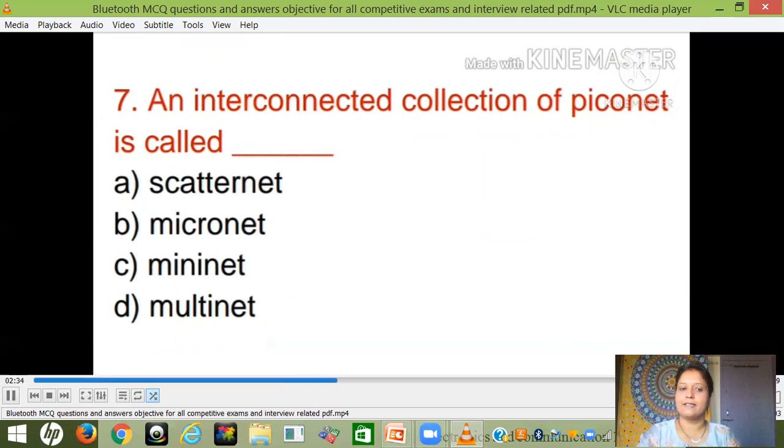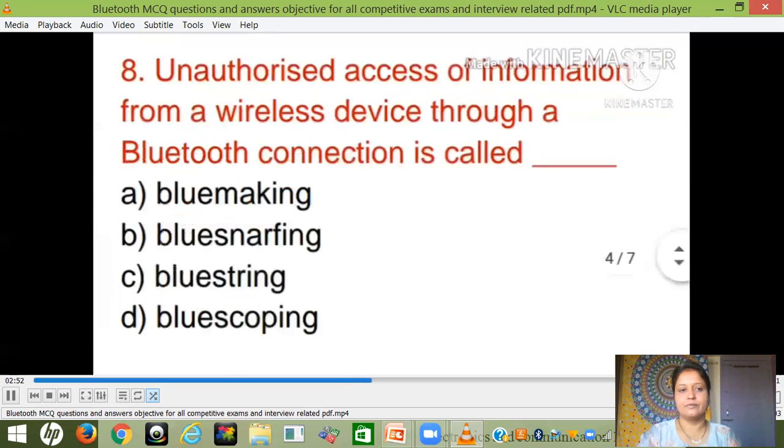सातवां प्रश्न है: An interconnected collection of Piconet is called as? यानी कि जब बहुत सारे पिकोनेट बन जाते हैं, यानी कि अलग-अलग ब्लूटूथ के नेटवर्क हैं, वो पिकोनेट है और वो बहुत सारे हो जाते हैं, तो वो सब मिलकर एक नया नेटवर्क बनाते हैं। उस नेटवर्क को हम क्या बोलते हैं? Scatternet. उसे हम स्कैटरनेट बोलते हैं। तो इसका सही उत्तर है ऑप्शन ए।